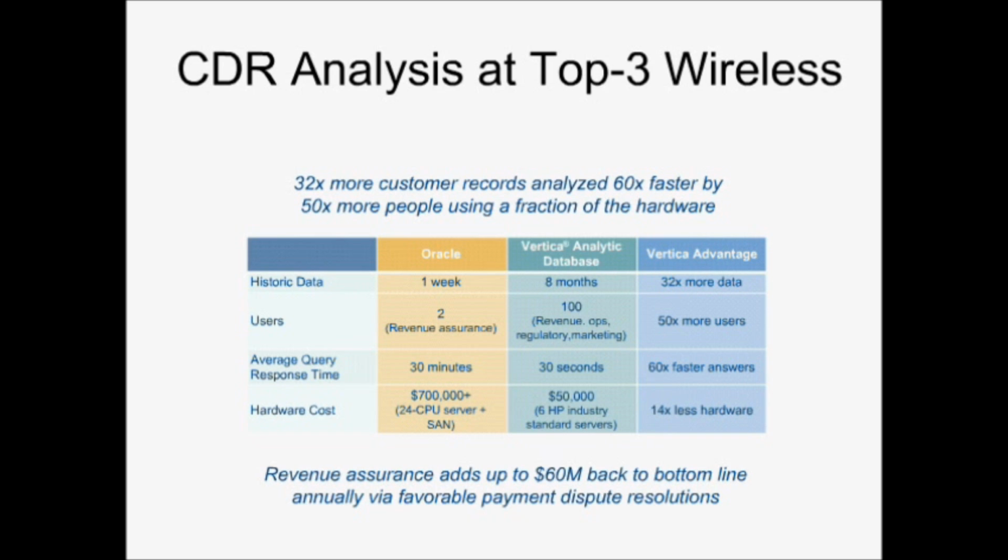They were only able to store a week of data at a time, just because if you think of all of the calls that are being made on a weekly basis by one of the major wireless companies, just billions and billions and billions of records. So they were only able to store a week of data. Only two users were allowed to use it because there was a 30-minute response time on a $700,000